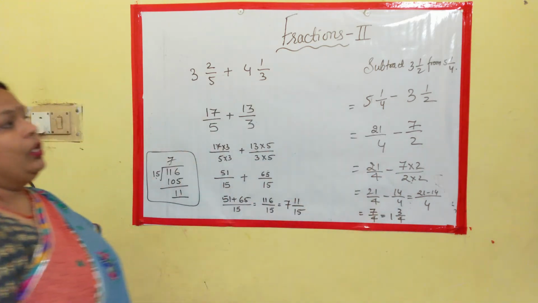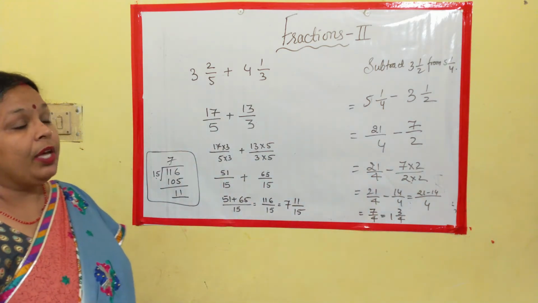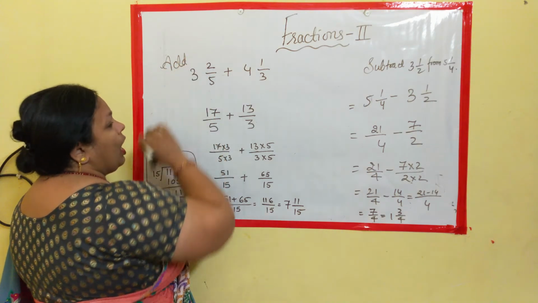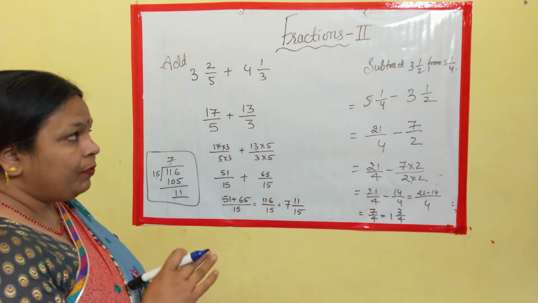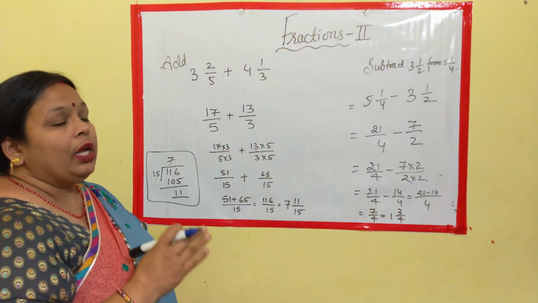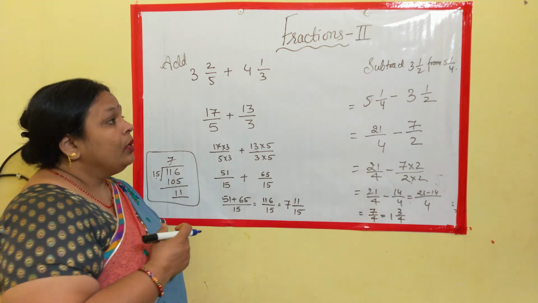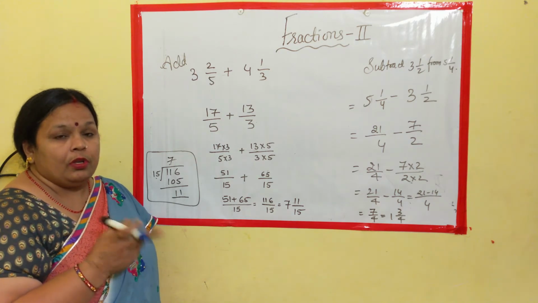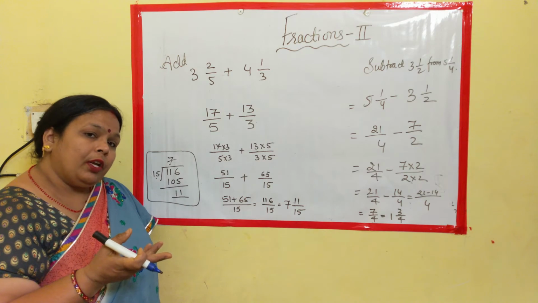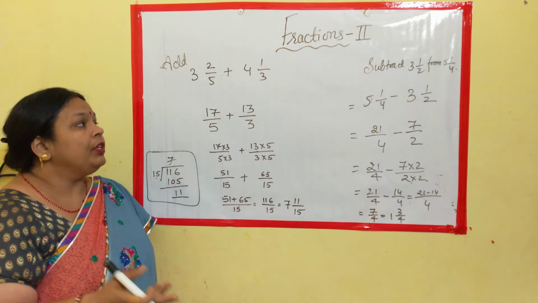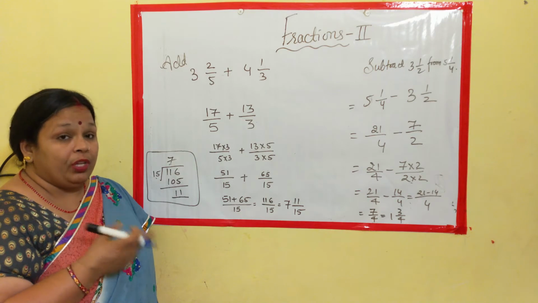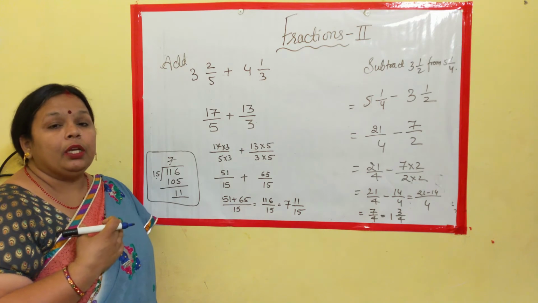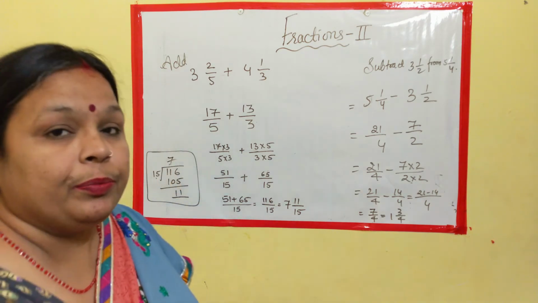So this was an example where we have seen how to add and how to subtract if the fractions are given in mixed format. Clear? So what we have seen? We have seen the addition of unlike fractions, subtraction of unlike fractions, and the third step, we have taken an example of mixed fraction addition and mixed fraction subtraction. Moving ahead, we will be taking an example for the simplification part.